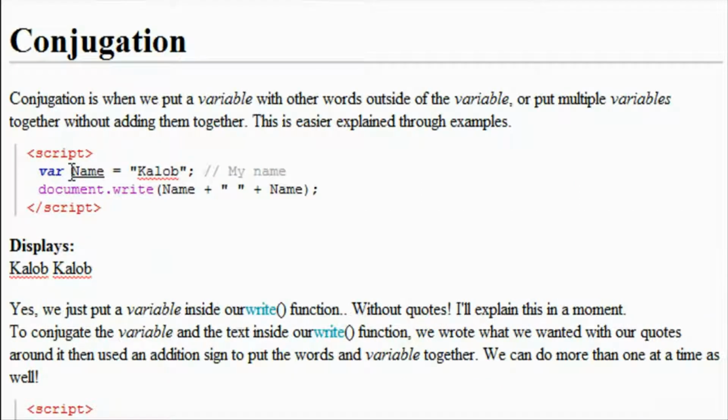If this doesn't make a whole lot of sense to you, why not open up a new document, write in your script there, put it in your body element, write variable, you can name your variable anything you like. It doesn't have to be the word anything. You can change your value to anything you like, and just try using document write, and then practice conjugating them. Because like variables, conjugation of variables and other strings are very, very important in JavaScript and pretty much every other